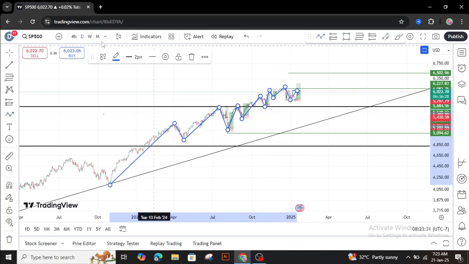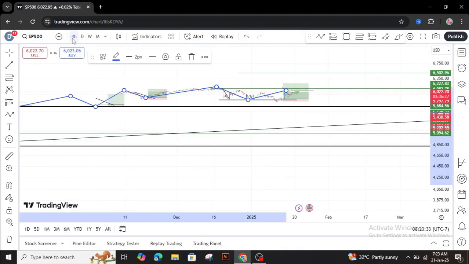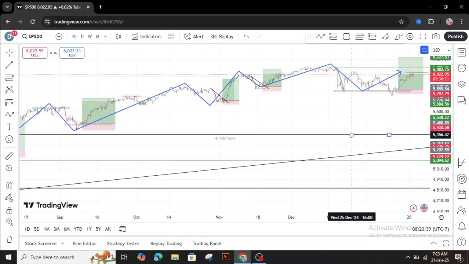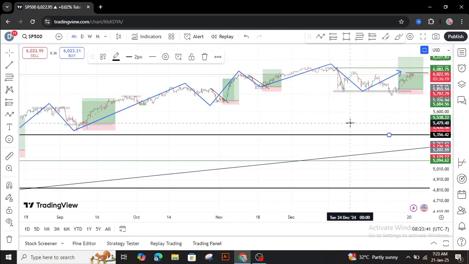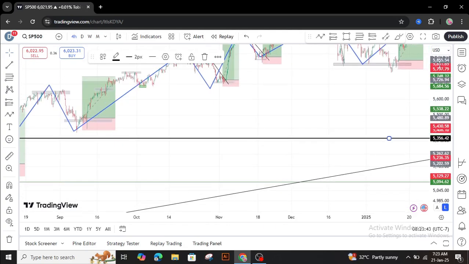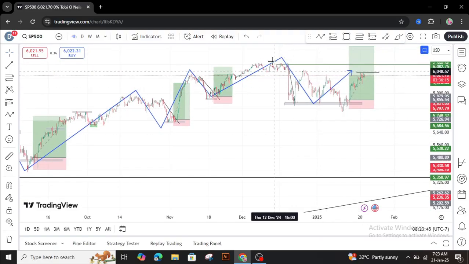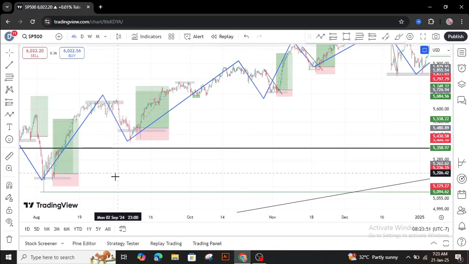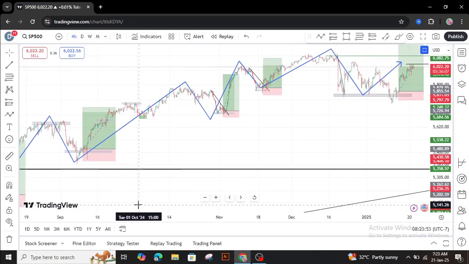Okay, if you look at these things, you have to do all this on the 4-hour. I use the 4-hour as my entry time frame, and I encourage you to use that too. If you look at it on the 4-hour, you will see what I'm showing you very well. You can see the retracement I bought here, retracement I bought here, and here, and here. That is because the S&P 500 is a bullish market, and I always want to see